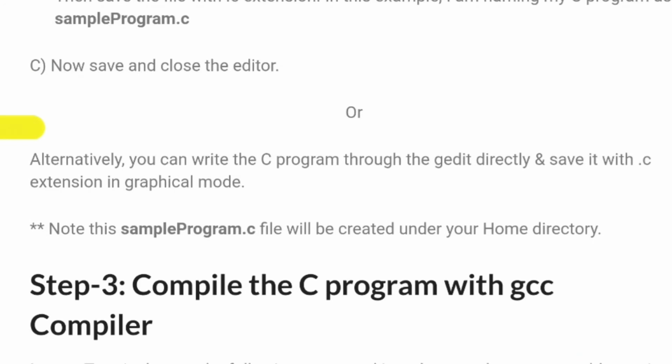And one more thing, you need to note down. Whenever you save this program, if you want to know its physical location, it will be your home directory. By default, when you open a file using the terminal, it will be saved in your home directory. If you want to save it anywhere else like the desktop or any other folder, in that case you need to set the path.